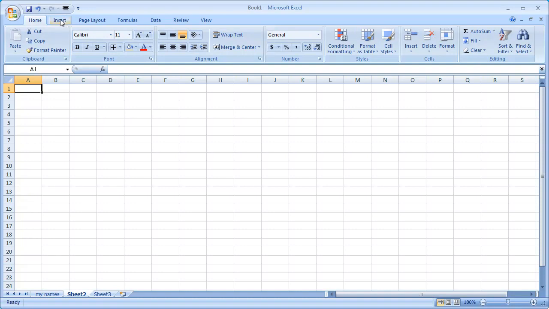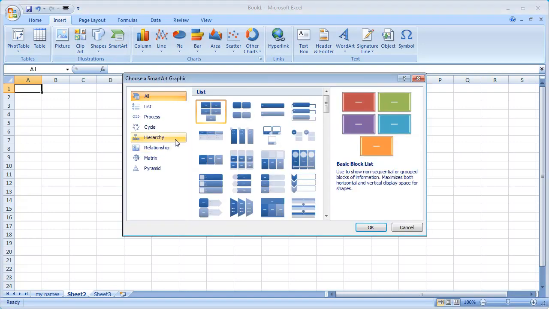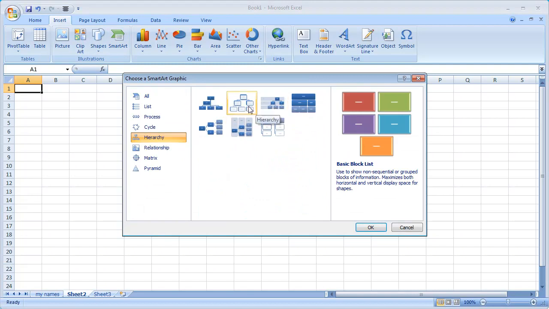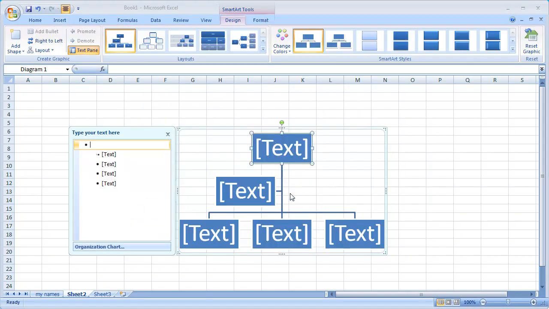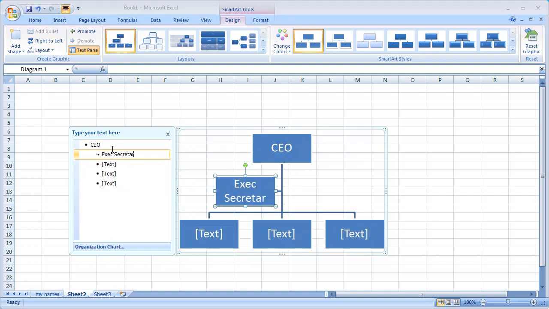For example, you can go to insert and you can insert a lot of funny things, but one of the common things that people always ask is how do you put together some nice process diagrams or organization charts, things like that. So click on smart art and from here select hierarchy and select an organization chart like that. Instantly you can create some nice organization charts like CEO, executive secretary and marketing head,